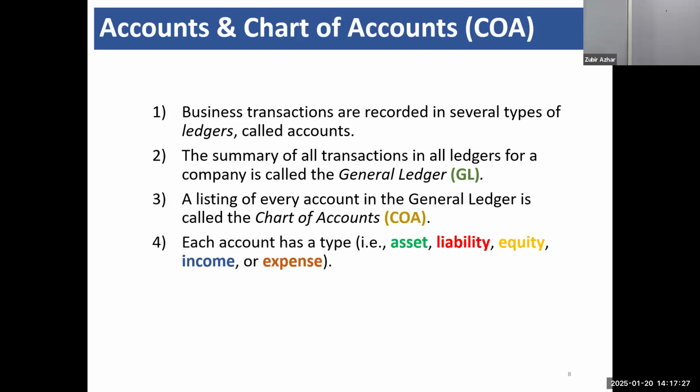Business transactions are recorded in several types of ledgers called accounts. We will have the purchase account, the sales account, the salary account, the utilities account, all sorts of accounts. And the summary of all transactions is going to be reported in the general ledger. So you're going to combine some of the ledgers and put them under the general ledger,